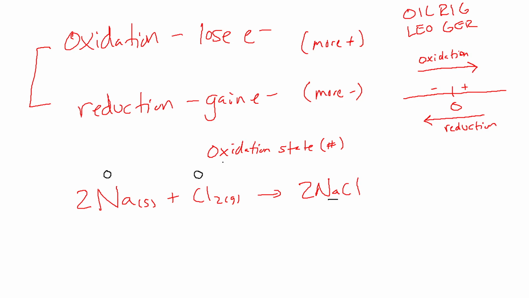When those two guys get together, our metal and non-metal, that's when we start to get charges, and we have an ionic compound. And the sodium here is group 1, which means it has a +1 charge. The chloride's group 7, has a -1 charge. So if we just take our little number line here, positive, negative, we take our sodium, starts right about there. It is 0 on the left-hand side, ends up at +1 here on the right-hand side, becomes more positive, which means it is being oxidized